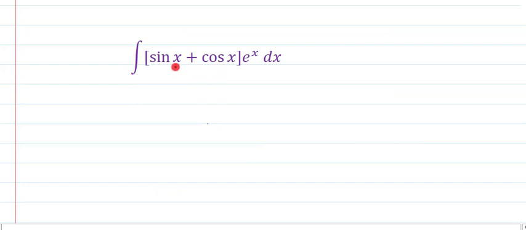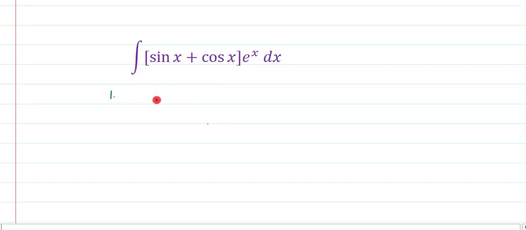In this question it is clear that if sin x is one of the functions, then we know the derivative of sin x is cos x, which is present over here. So it is clearly f(x) plus f dash x into e power x dx. There are two methods to attempt this question. This question carries only 1 mark. So if it is an MCQ, then directly you can choose the result as e power x sin x plus c. If you need to solve it, meaning you have to give the solution, then there are two options.